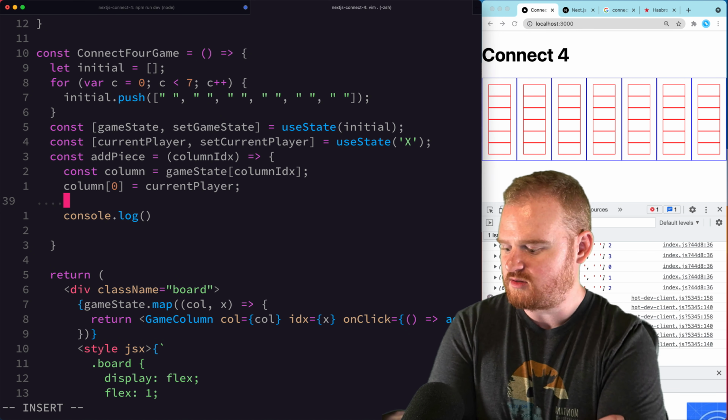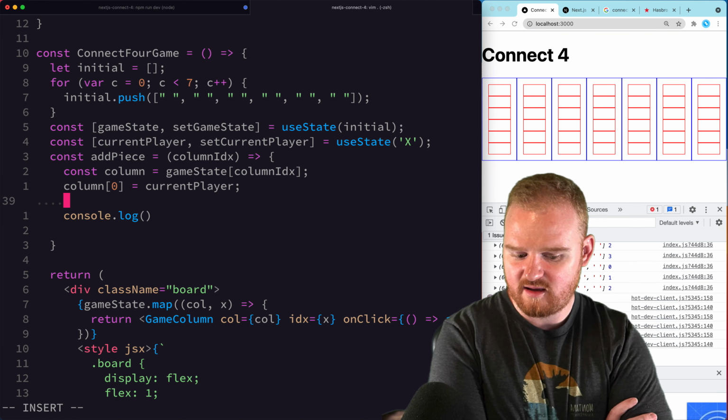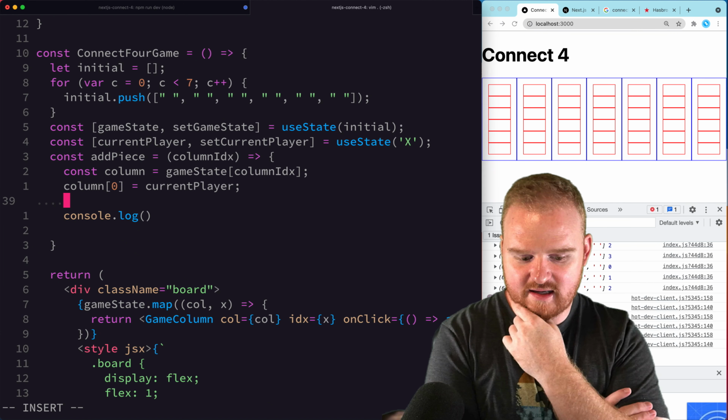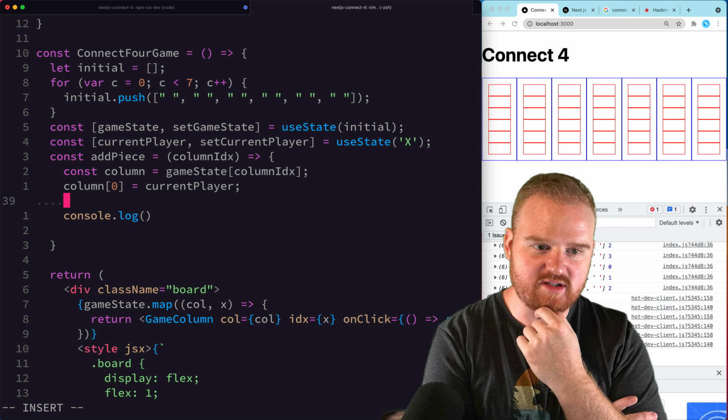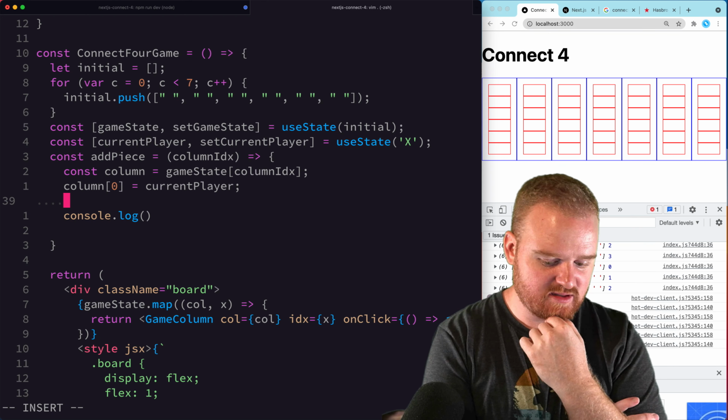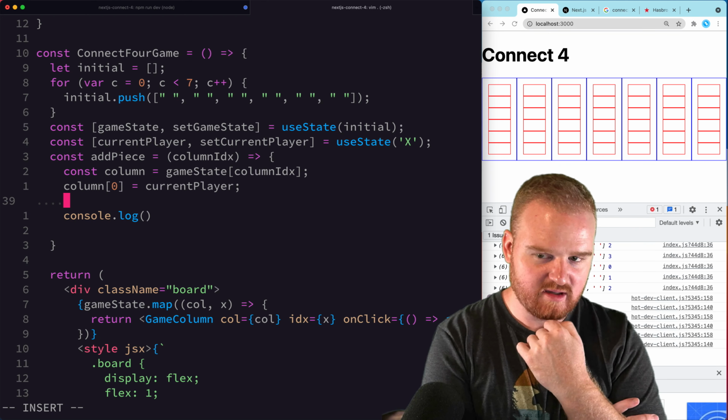Ooh, this is going to be tricky because we need to spread everything up to that index, or we need to create a new array of arrays. Ooh, interesting. Is this how we want to do it? So I'm thinking instead of using an array as the game state here, we might want to use an object so that we have specific keys. And we can say something like